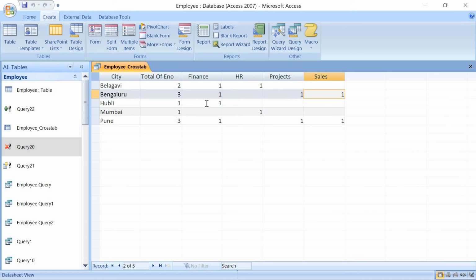Hubli only 1, that person is working in finance. Mumbai 1, he or she is working in HR. 3 from Pune, 1 finance, 1 projects, the other one in sales. When we see this particular table, we have done the analyzing that how many people are from which city and who are working in which department.